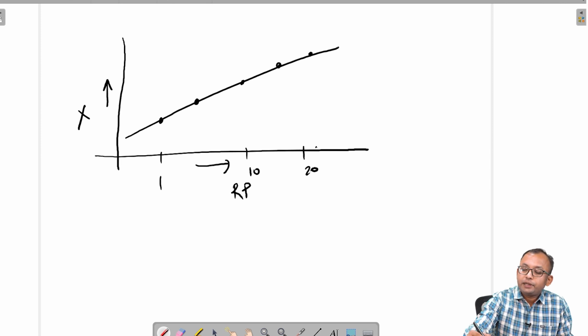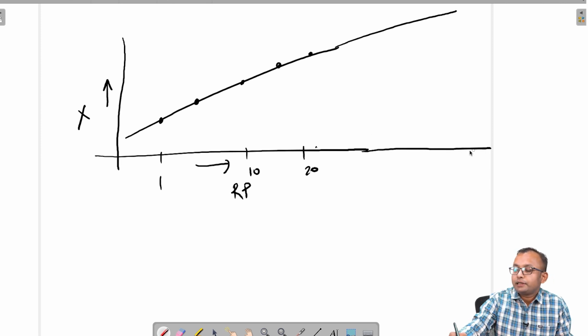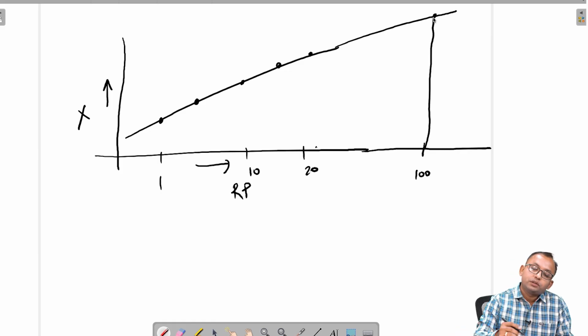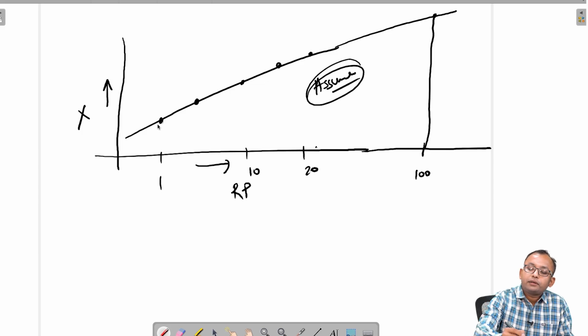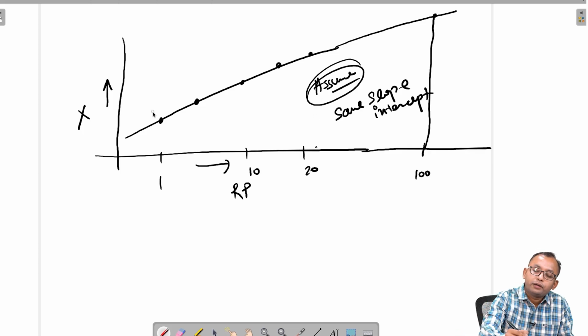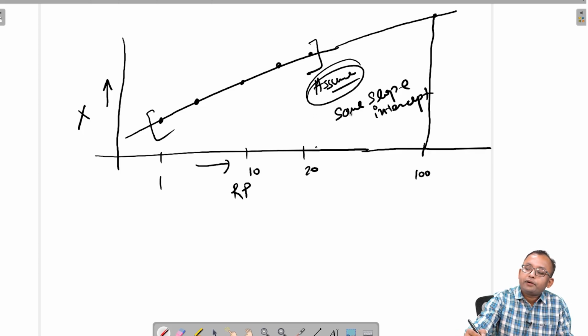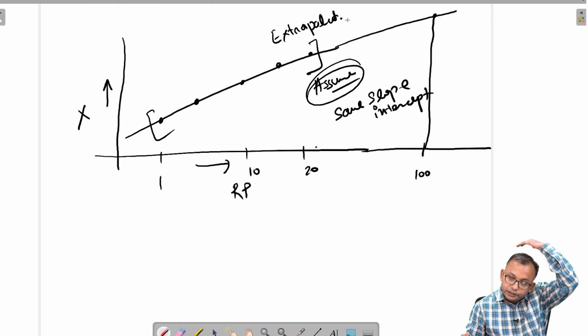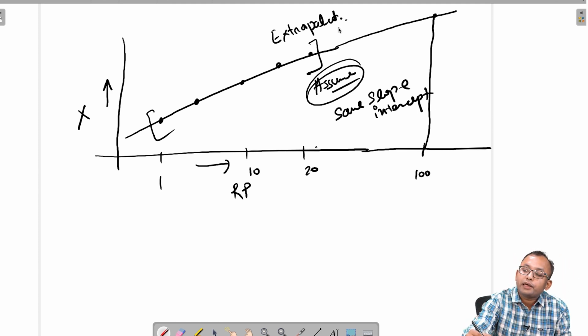So, let us say somebody asks you to do the analysis and give information for 100 years. We assume that the line will follow the same slope and the same intercept which we have fitted for the known points, and we are trying to get an extrapolation of values. When we do extrapolation, it is possible that we have some higher uncertainty,